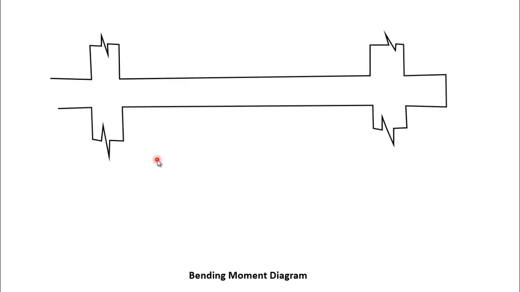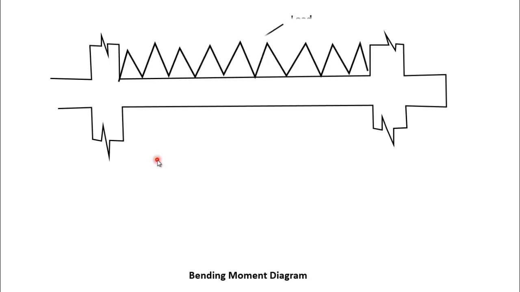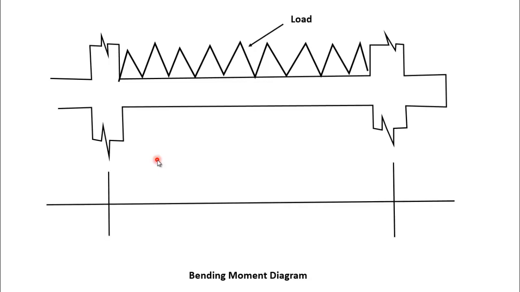Now we will answer the question: what is the use of providing bent up bars or cranked bars in beams and slabs? For that purpose, first we will discuss the bending moment diagram of a beam or a slab. So here you can see that a continuous beam is given and a uniformly distributed load is applied on this. Now we will draw its qualitative bending moment diagram, and we know that for a continuous beam in which the end connections are fixed, the bending moment diagram is like this.